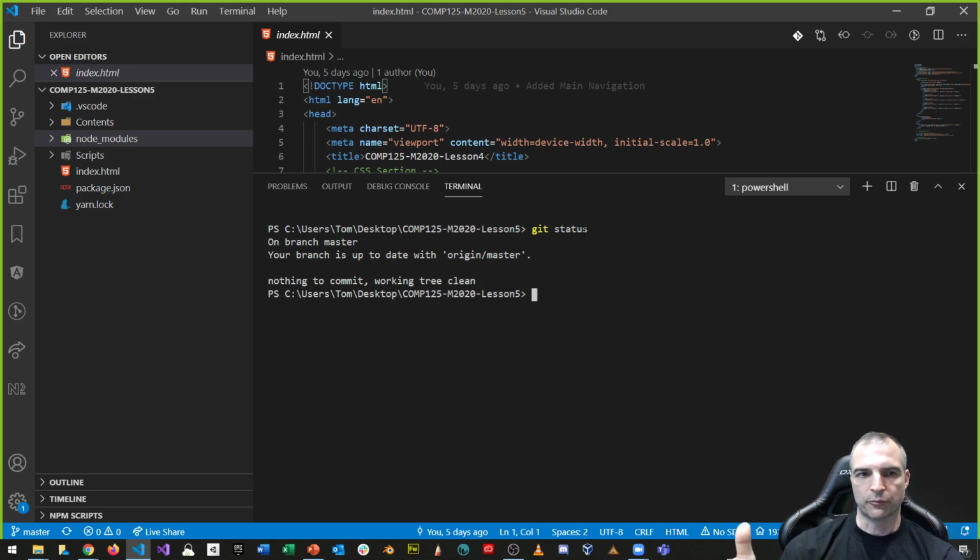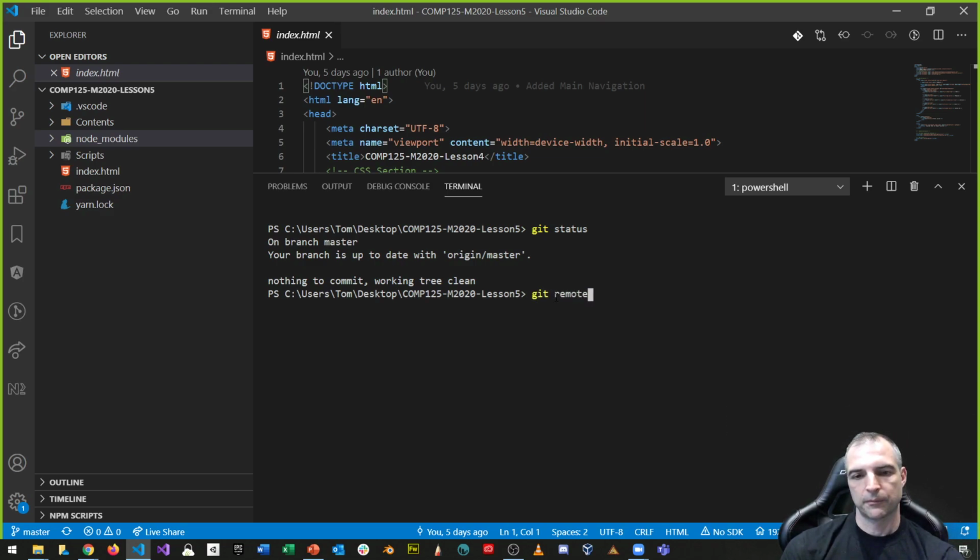But wait a minute, this is a brand new repository. What this means is if I continue working with this repository, it's actually going to modify my current repo up online. But my current repo online is called lesson 4 part 2, right? I need to make a new repository. And I need to point to it as opposed to the one I'm pointing to right now. How do I know this? Well, let's take a look at git